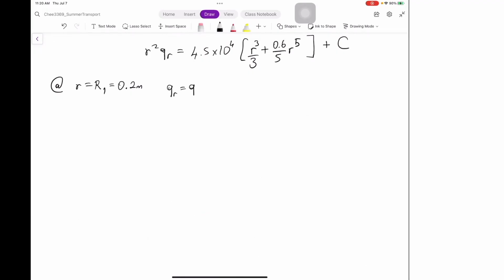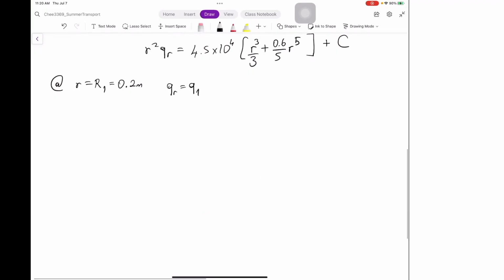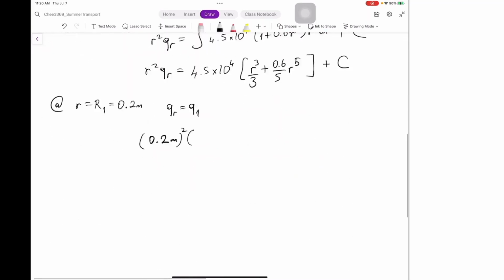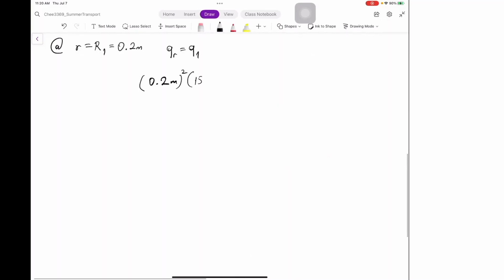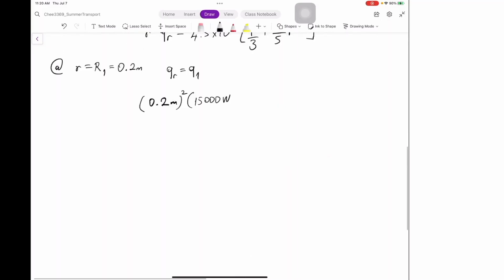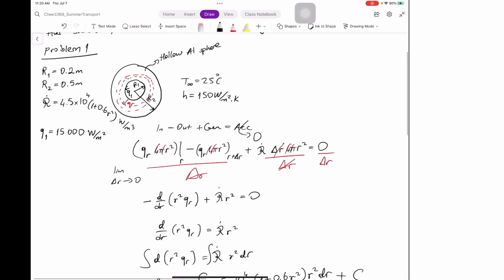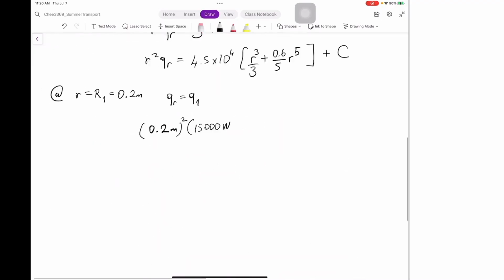QR is equal to Q1, which tells us that if you plug it in this equation, 0.2 meters squared times Q1, which is 15,000 watt per meter cubed. Sorry, watt per meter squared